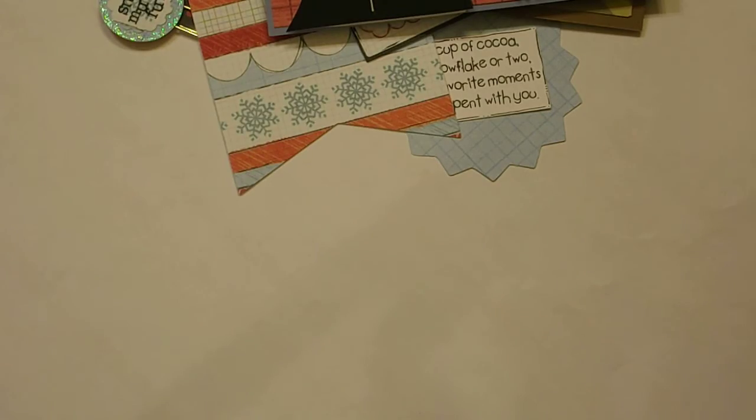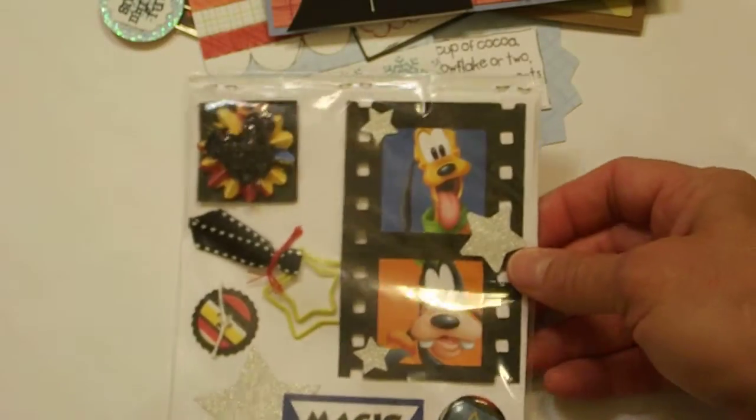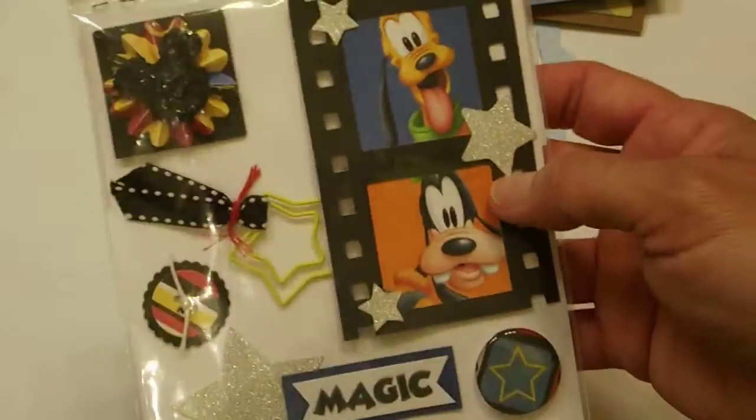And then now I've just got more swaps that we did. This was from a card candy swap, and I always like to put a bunch of extras in there. But this just has different, like a film strip with some